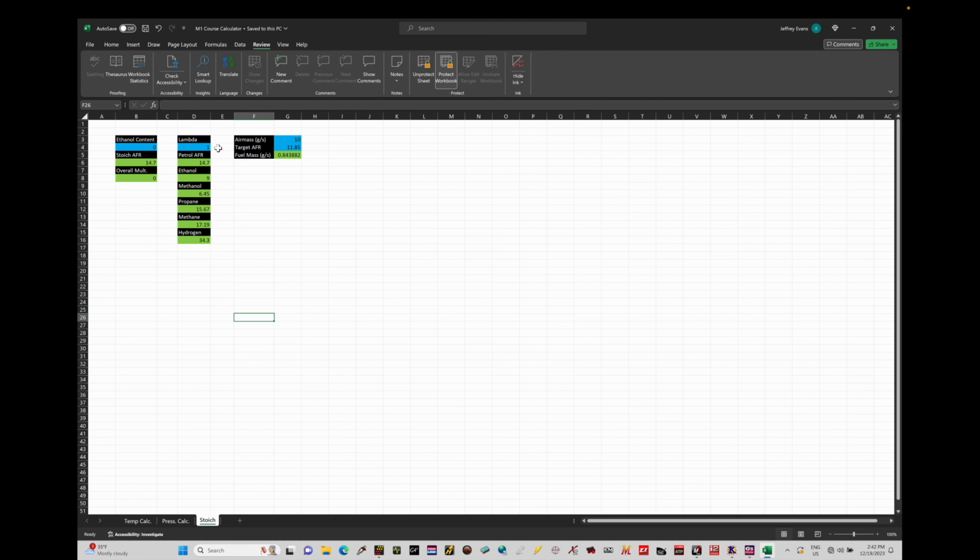So, tuning in units of lambda, we do not need to know anything about the fuel Stoich of the fuel we're working with. If we want to run at stoichiometric, we can just type in 1.0 lambda right here, and that'll give us on petrol an air fuel ratio of 14.7, ethanol 9:1, methanol 6.45, propane 15.67, methane 17.19,